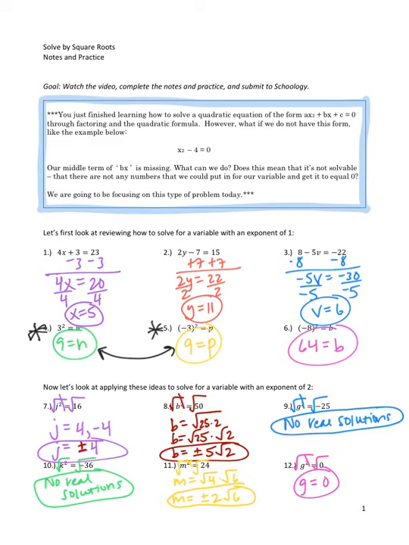All right, let's check our answers. For 10, we should have got no real solutions because there's a negative under the square root sign. For 11, you would have gotten a positive square root of 24 and a negative square root of 24, but